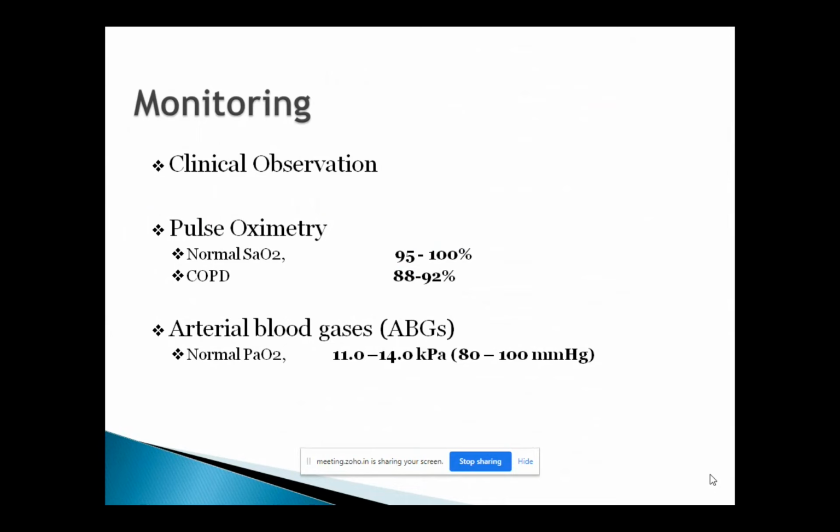If somebody is coming with a chest infection and they need to be started on antibiotics, but you're looking at their saturation level, it's 96. Would you start that patient on oxygen? Because you know their saturation is normal, there is no need to start them on any additional oxygen. But if their oxygen saturation drops below an acceptable level, then it will be appropriate to start them on the right amount of oxygen.